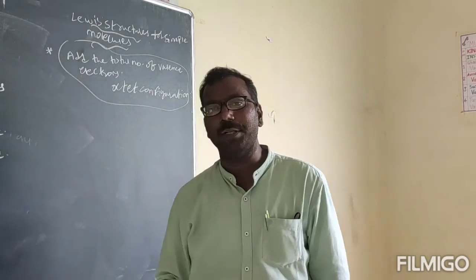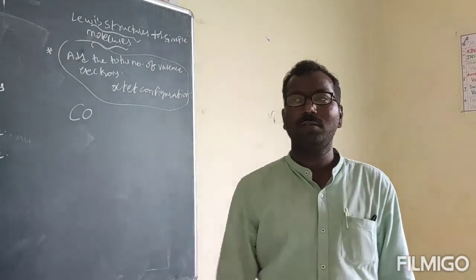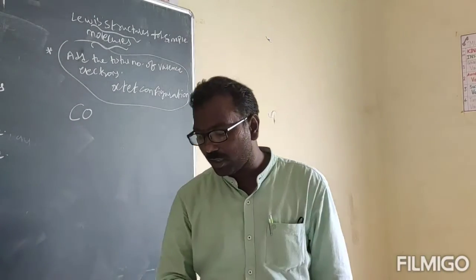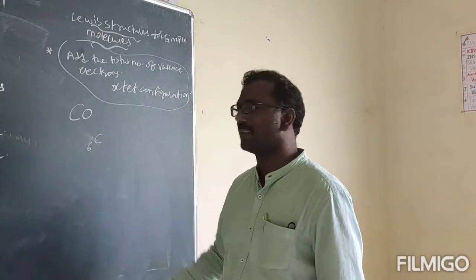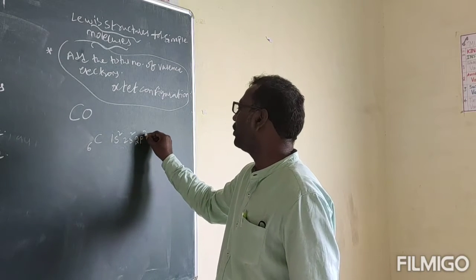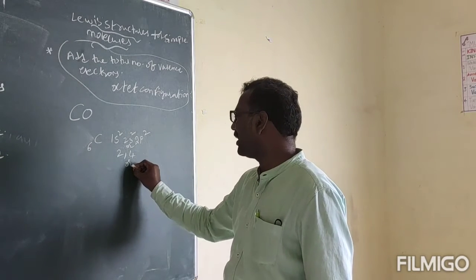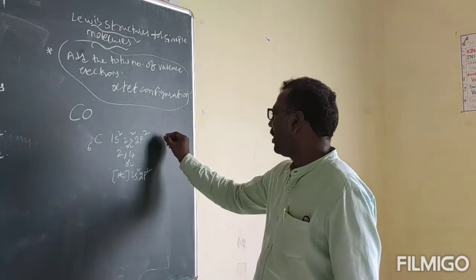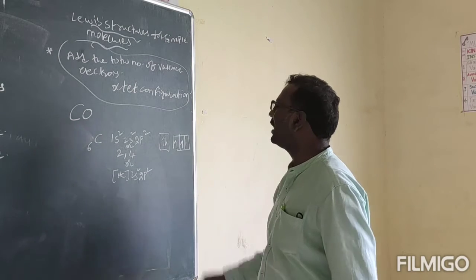Now we will see one example. How to draw the Lewis dot structure for CO? For carbon monoxide you have to draw the structure. How we can draw that, we will see now. So first, carbon, atomic number 6. Its electronic configuration is 1s2, 2s2 and 2p2, so 2, 4 is one way, and there is another way, that is helium 2s2, 2p2. This is the technique I said to identify clearly.